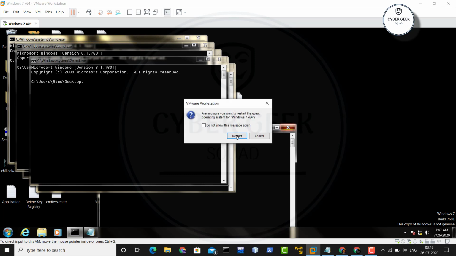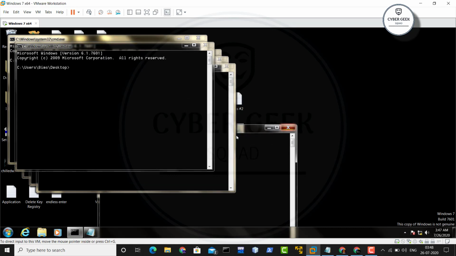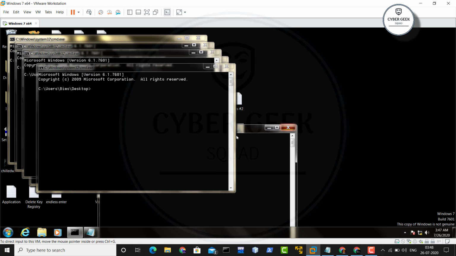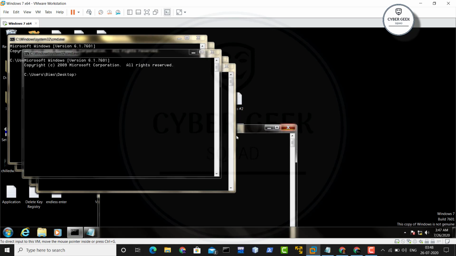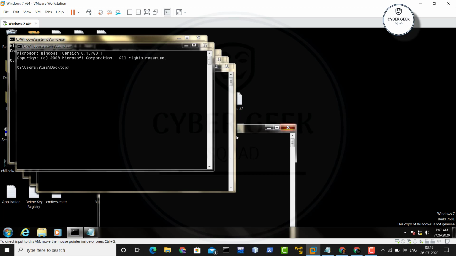Restart my guest. Okay, so restart it. Do not worry about it. When you restart it, the command which you have executed, the .bat file, will get closed. So this is not an issue. There are sometimes certain things which I'll be showing where, even if you restart the system, the batch script will execute automatically. For that there is a separate thing. If you implement those automatic executions with this script, it is very deadly, right?